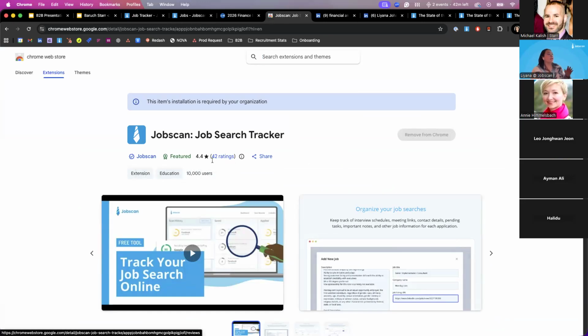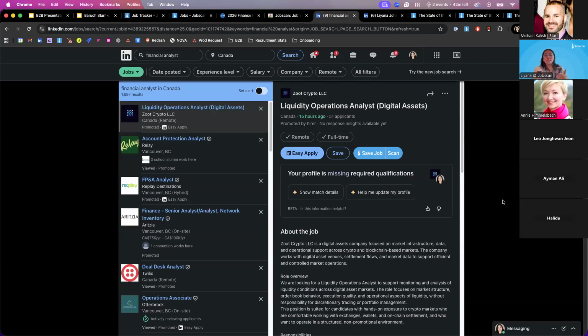Additionally, if I would like to install a Google Chrome extension, this is for Google Chrome users, just type in Jobscan. We only have the one extension. Install this. You will get a Jobscan button on multiple different job boards like LinkedIn, Indeed, Glassdoor, Monster, and Handshake,